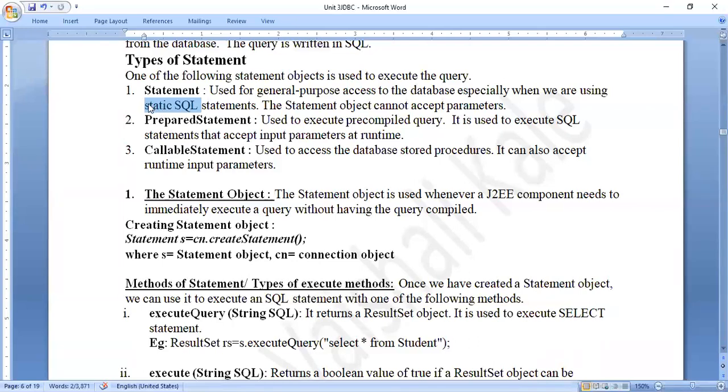Now, in contrast to the static, when we want to execute dynamic SQL statement, that means the parametric queries. So whenever in SQL we have queries like this, as even in SQL we have covered some of the queries we have included like this.